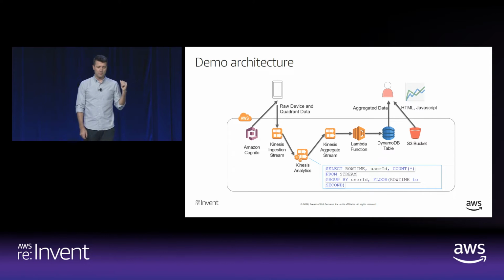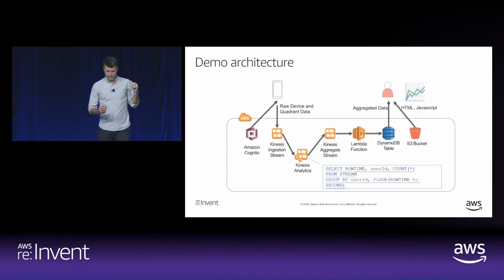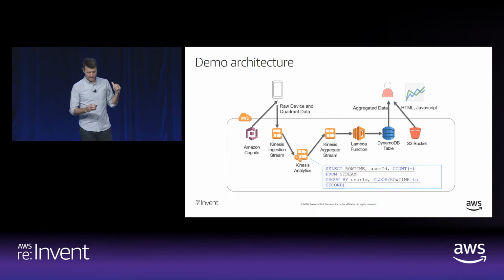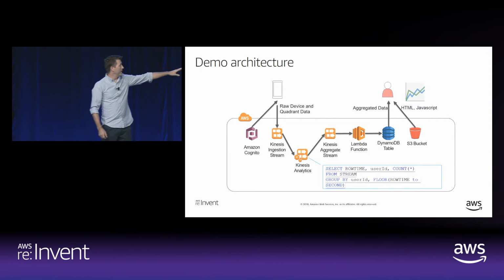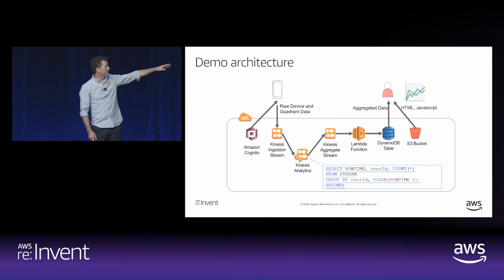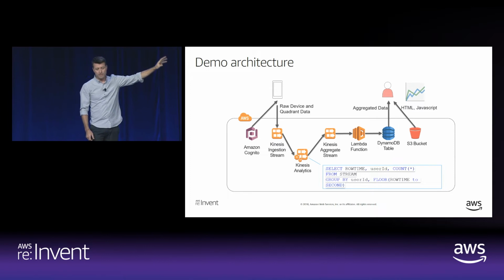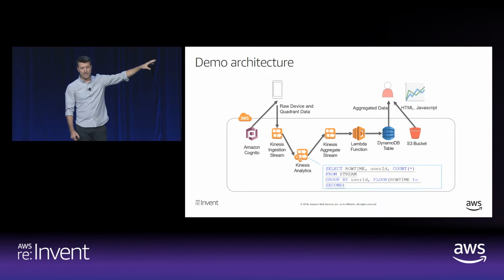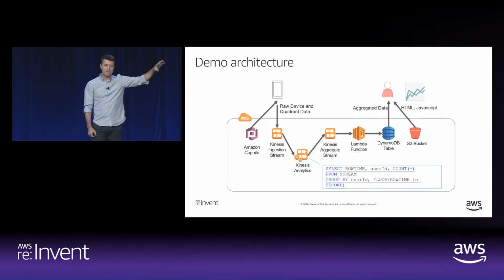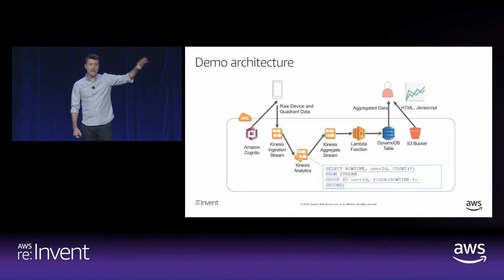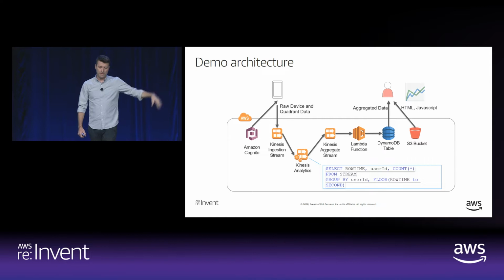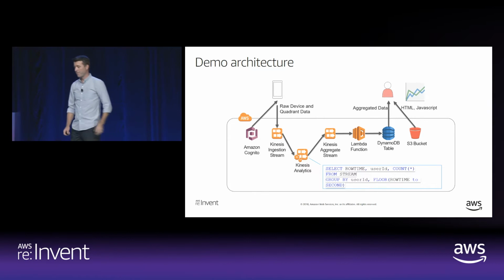So a very simple application, and in fact, it can even be improved because since this demo was built, there have been changes to the Kinesis Analytics product. I don't know if I have a laser pointer that'll actually work. Anyway, you can see here after the Kinesis Analytics application and before the Lambda function, there's this extra stream, this Kinesis aggregate stream. That can be removed now. In fact, there's a feature that's been released that allows Kinesis Analytics to invoke a Lambda function with the results of its analysis. So I could take that piece out, and it's even a simpler architecture.